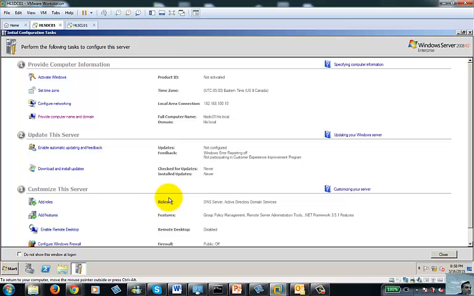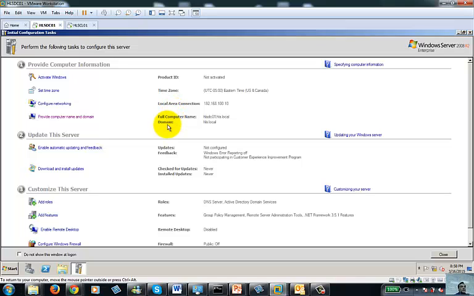So, workgroup is changed to what? Domain. It is a domain now. What does it mean? It means that this machine is now a domain controller. If it would have been a workgroup, then it is just a standard machine. But since we see a domain here